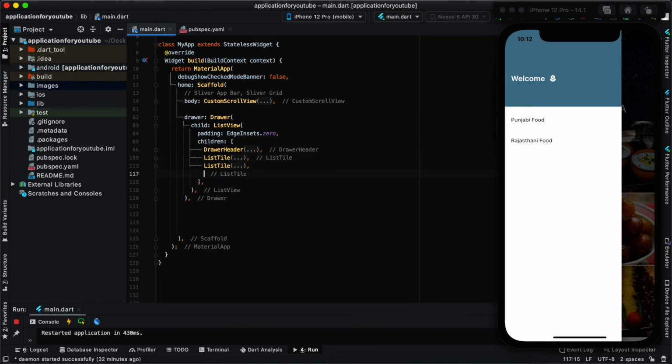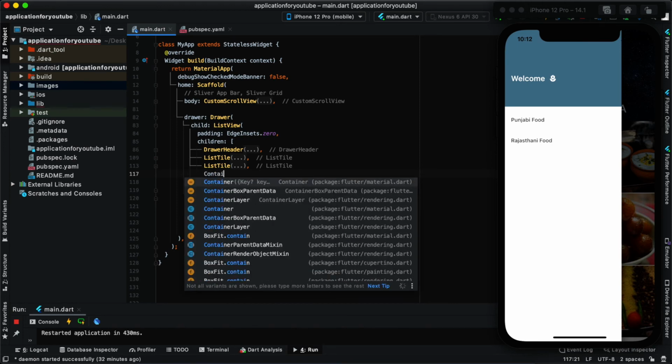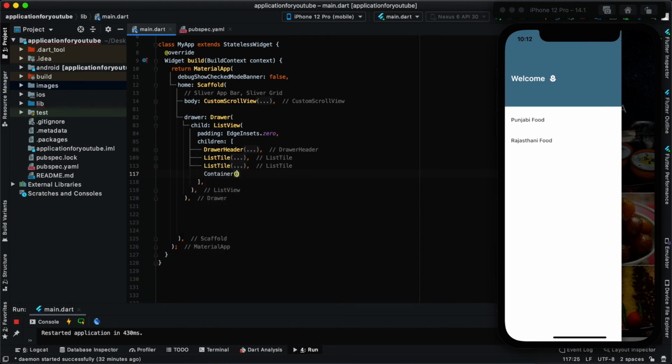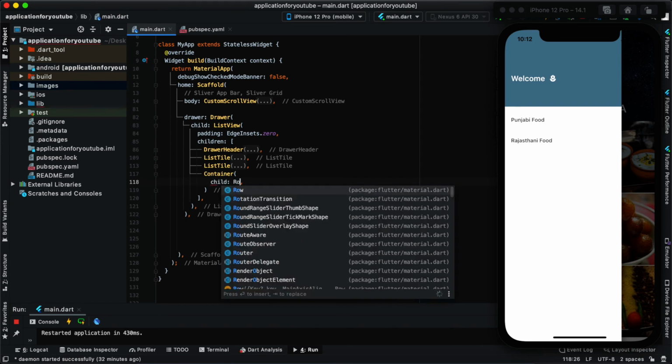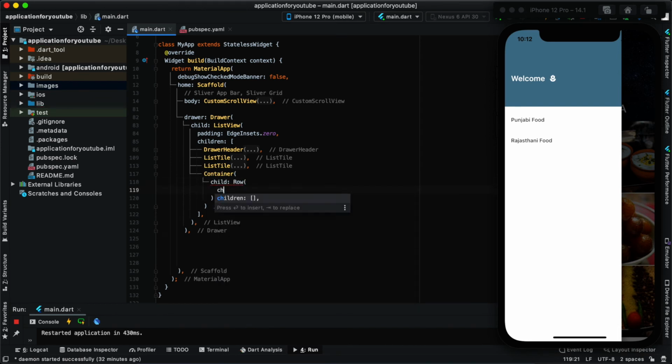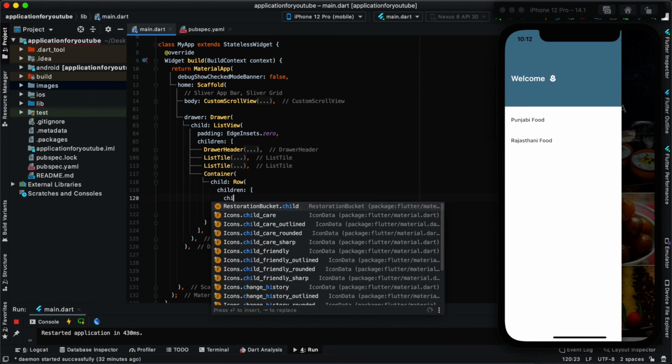Okay, so apart from this drawer header and this list tile, let's take one container which will contain all of my icons, your social media icons basically. So I'll just provide a row, and then I have this children widget, and inside this, I'll take cross axis alignment and everything later on.